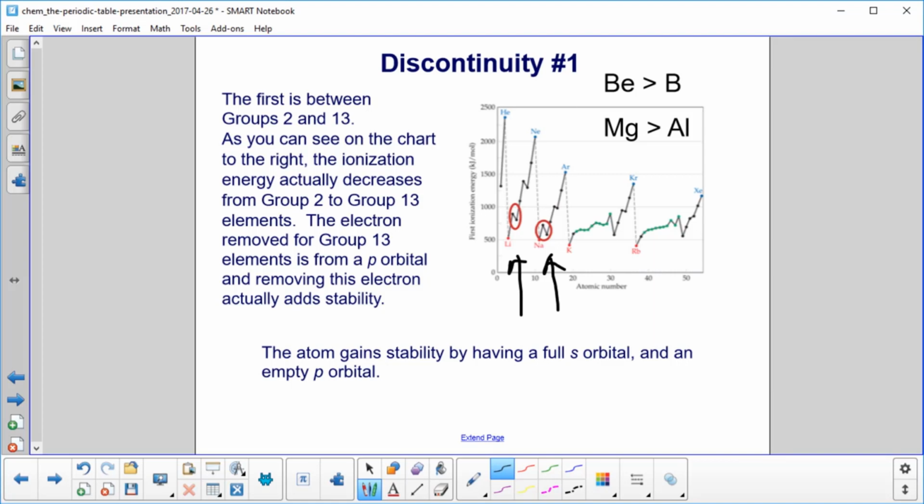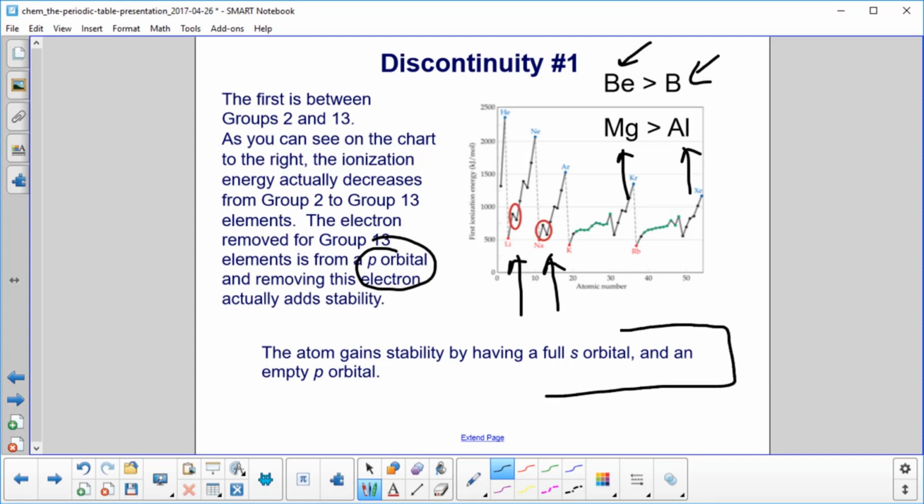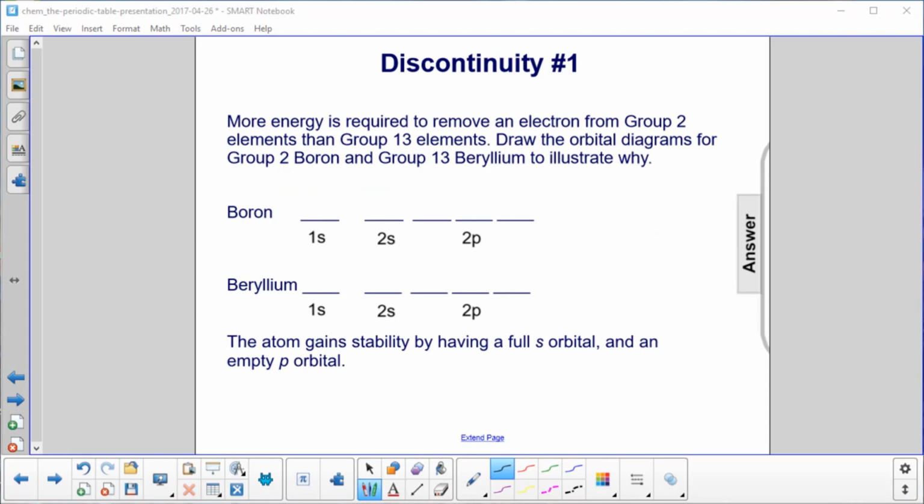The ionization energy actually decreases when you go from group 2. Group 2 is going to be beryllium and magnesium. And then group 13 is boron and aluminum. So please have your periodic chart out while we're looking at this. So again, the ionization energy decreases going from group 2 to group 13. The electron removed for group 13 elements for your first ionization energy is from a p orbital. And removing this electron actually adds stability. The atom gains stability by having a full s orbital and an empty p orbital, and we talked about that a few units ago. More energy is required to remove an electron from group 2 elements than group 13 elements,